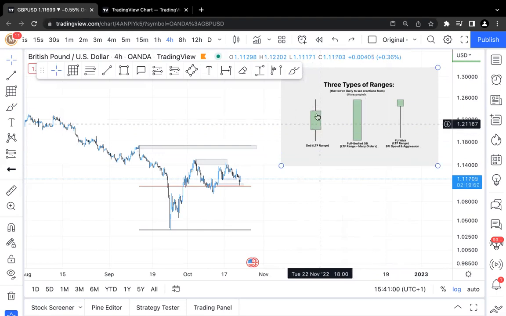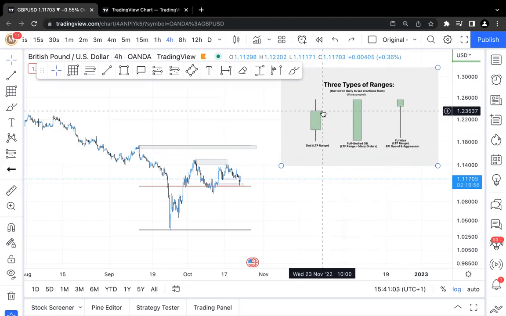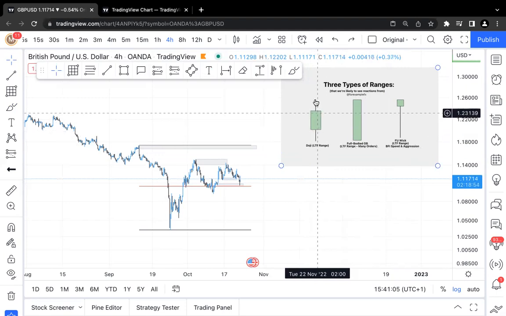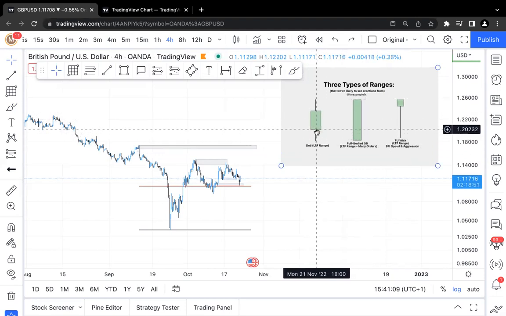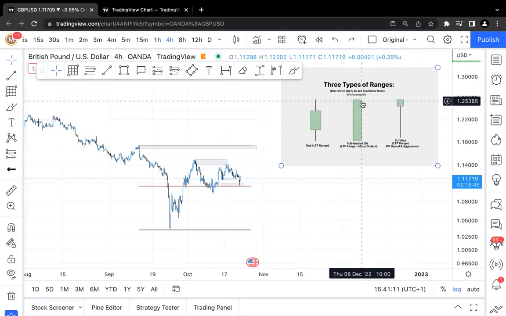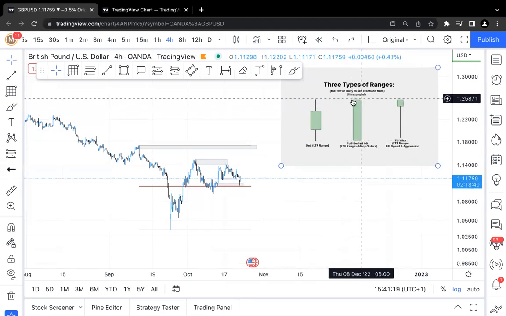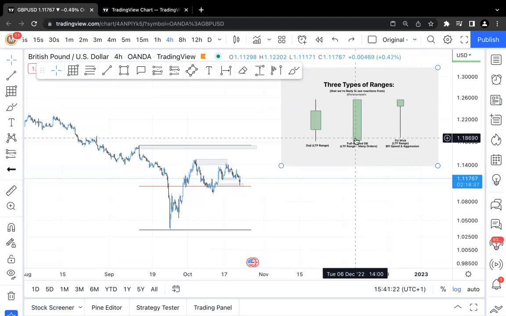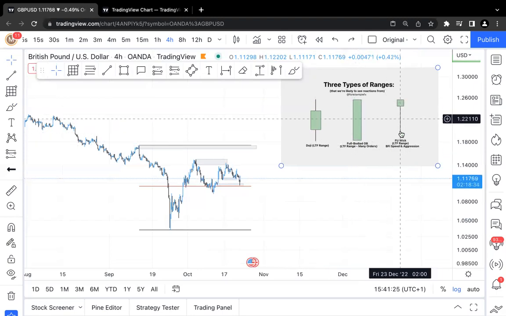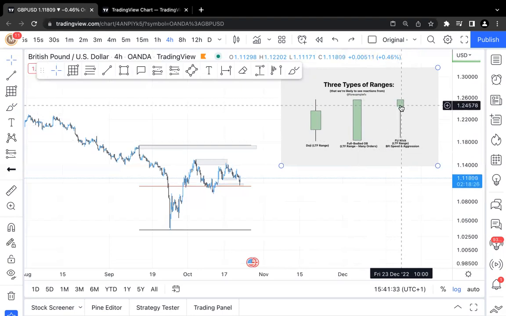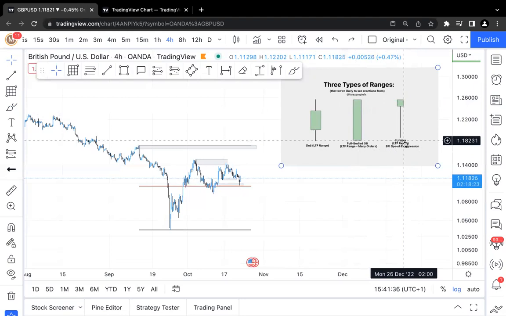Now, doji candles are defined by having a body and then two wicks of relatively equal length either side. A full-bodied OB is a representation of many BFI orders stacked in one particular candle, all right? So that's where you get that full-bodied presence. It's showing that it's full of orders. And then FU wick, which is showing you speed and aggression. It has a small body and a large wick. And just so that we know, this can be turned upside down and it would be the same thing, all right? So now that we know that, let's look to the live chart